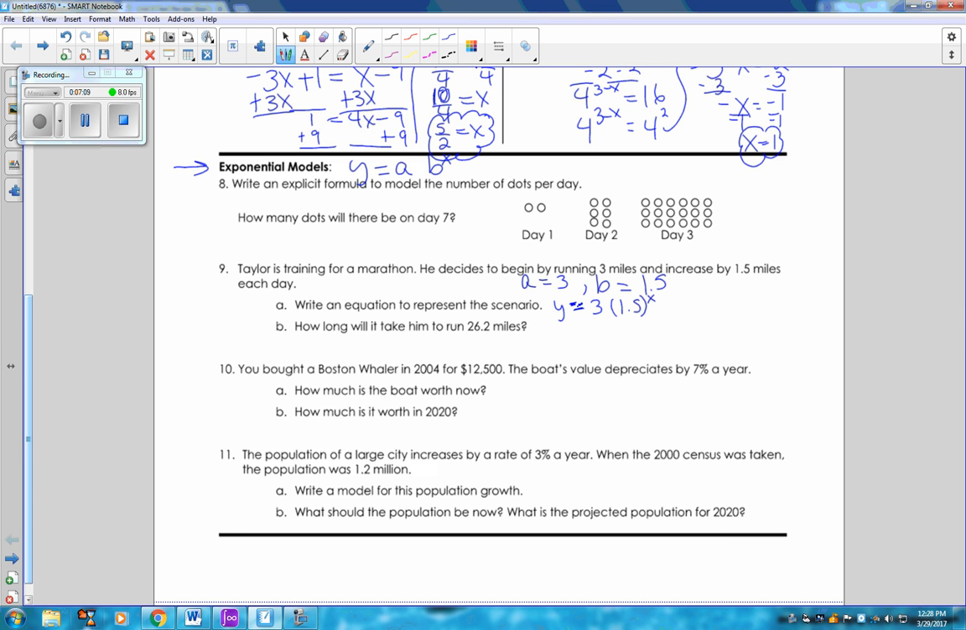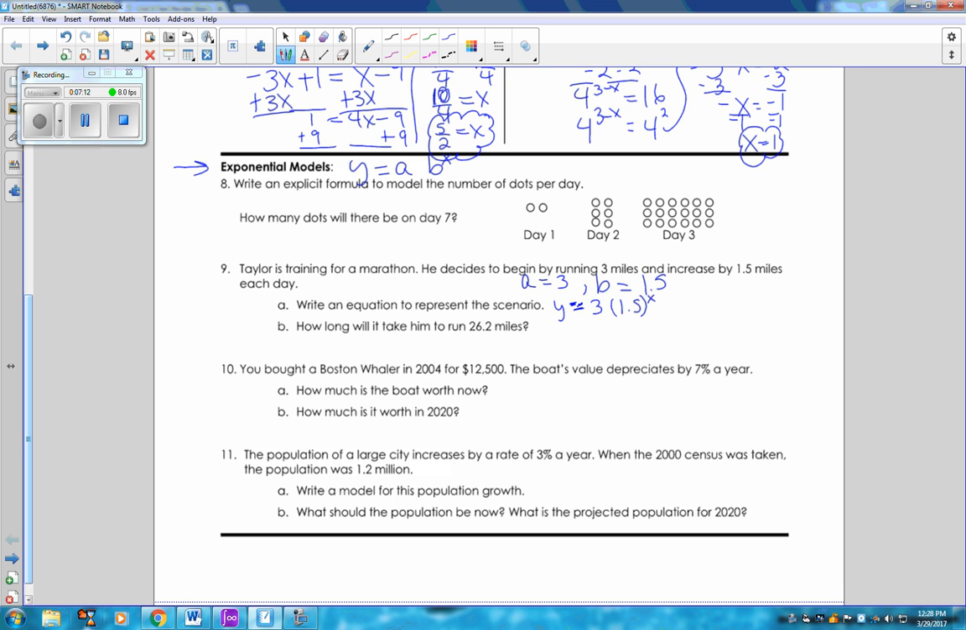Okay, I'm trying to get 26.2. All right, let's put in a 2 for x. So 3 times 1.5 raised to the second power gives me 6.75. Okay, that's still not 26.2. I'm going to skip over and put in a 4. So 3 times 1.5 to the fourth power gives me